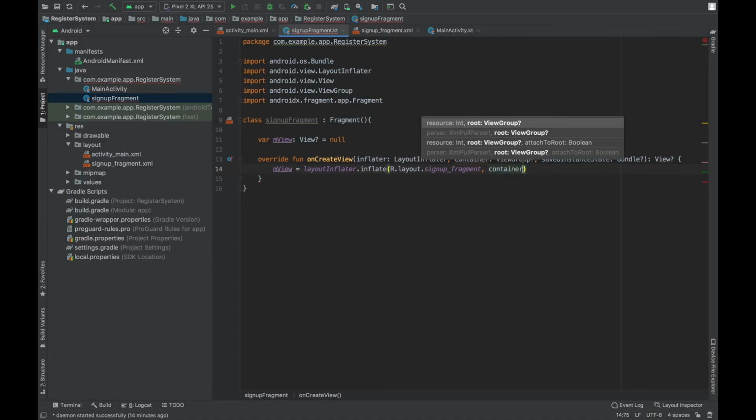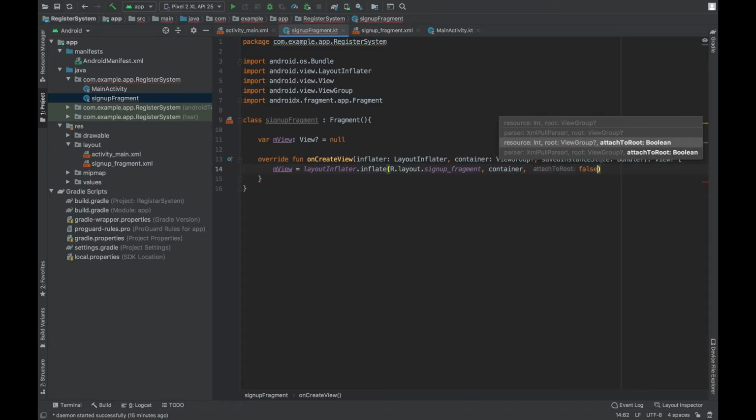Now this container refers to the view of our frame layout that we put in the main activity layout file, and the third argument is basically a boolean type where we are saying whether to attach to the root. Now I am going to place this as false. Okay, so here is the argument attachToRoot, and I am setting it as false, and I encourage you to do the same. Now we are going to return this mView in the overridden onCreateView function.